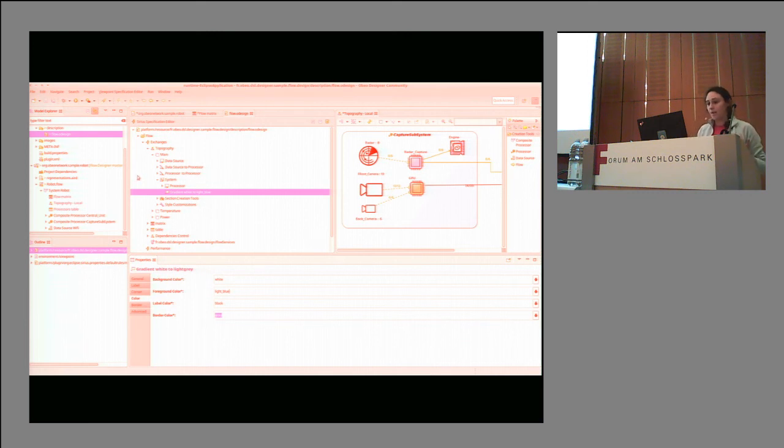Also, I'm able to change, for example, the representation of the label. Here, for the moment, I'm just showing the name of my system. I can add some other information. For example, now I want to show also the weight